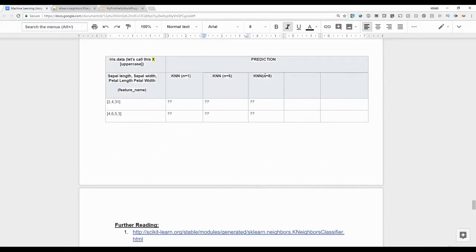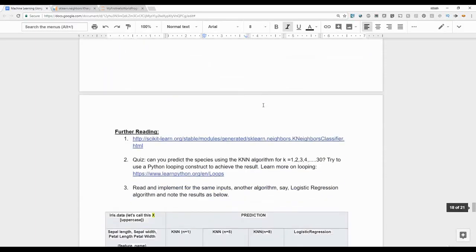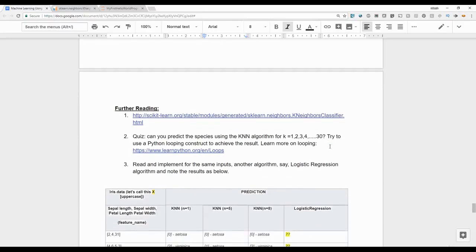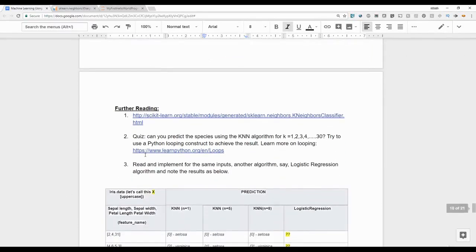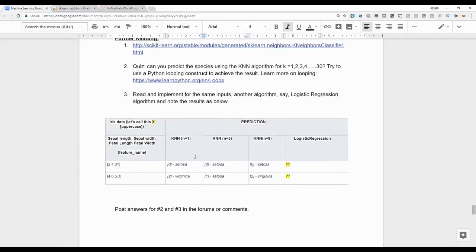Now, what I want you to do is, can you repeat this for n equal to 8 and see what results you are getting? In further readings, I have given you something on k-neighbors classifier, the documentation that I used. But more importantly, can you run this for n equal to 1, 2, 3, 4, 5, 6 up till 30 and build a table? And it's actually very simple. If you see, this whole thing took me 3 lines of code. So what I want you to do is learn or read about Python looping constructs. How can you run this in a loop? And I have provided a small link which will help you get there. But basically,